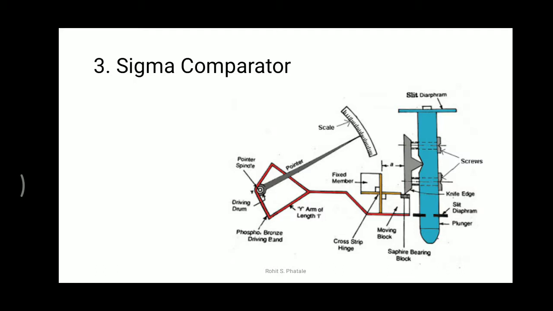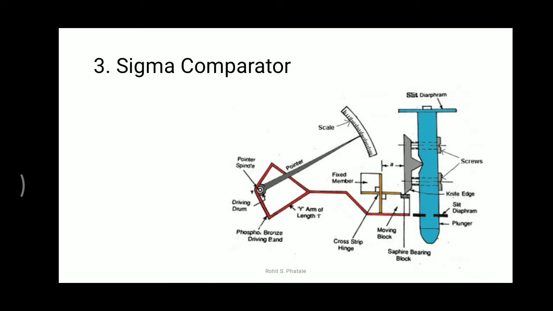And what are the screws fixing? The screws are fixing the plunger to this knife edge. And then here again a split diaphragm is there. We will first understand the diagram. This is the fixed member and this is the moving block.